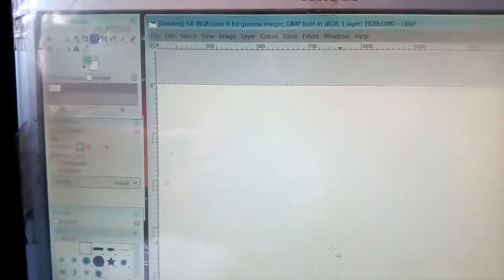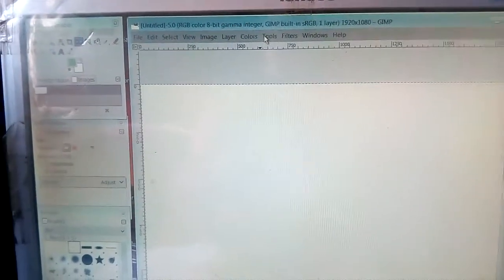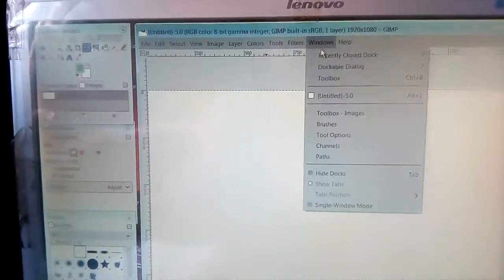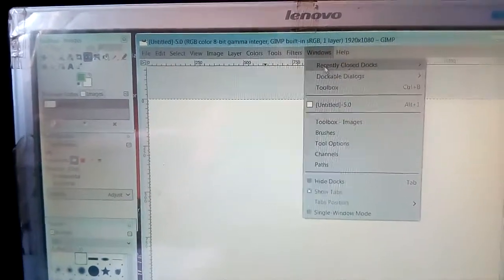So today we will see how to activate the layer dialog. For that, first you have to click on the image window, this Windows menu. Then here you can see the dockable dialogs.